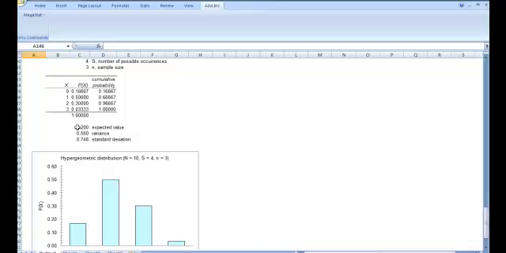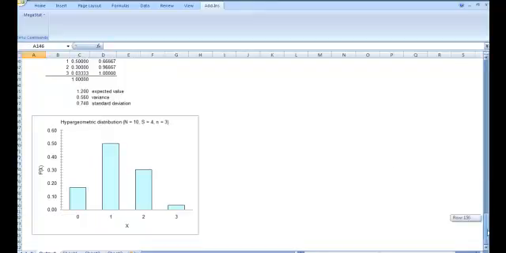Our expected value, that's our mean. We would expect 1.2 stocks to pay a dividend. That would be the expected value that we'd expect from a sample of 3 from 10, where 4 have the probability of success. Here's our variance, our standard deviation. Here's a graph, our bar chart showing the hypergeometric distribution with the probability of 0, 1, 2, and 3 having